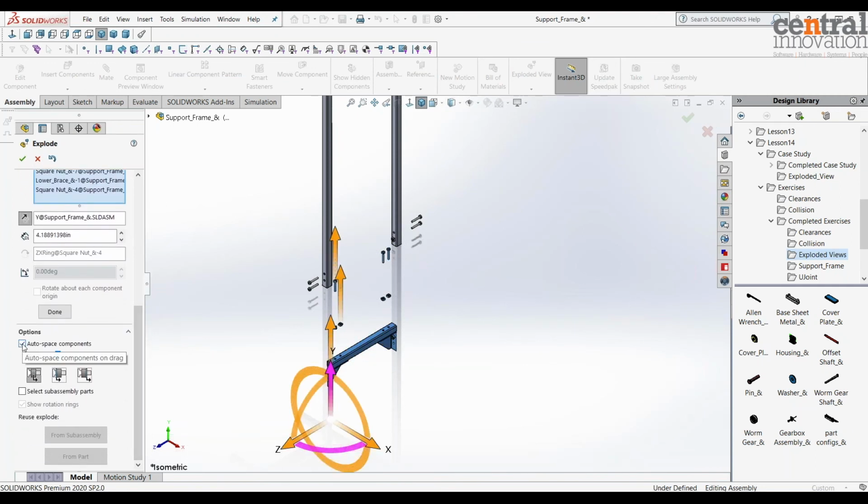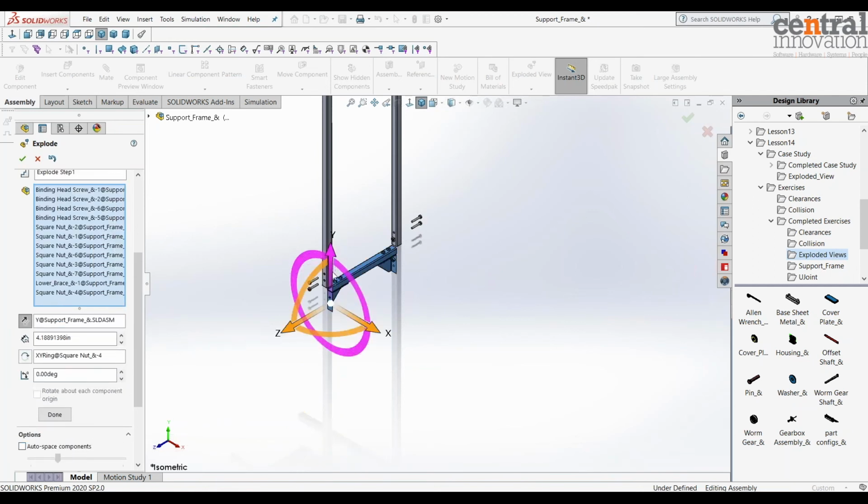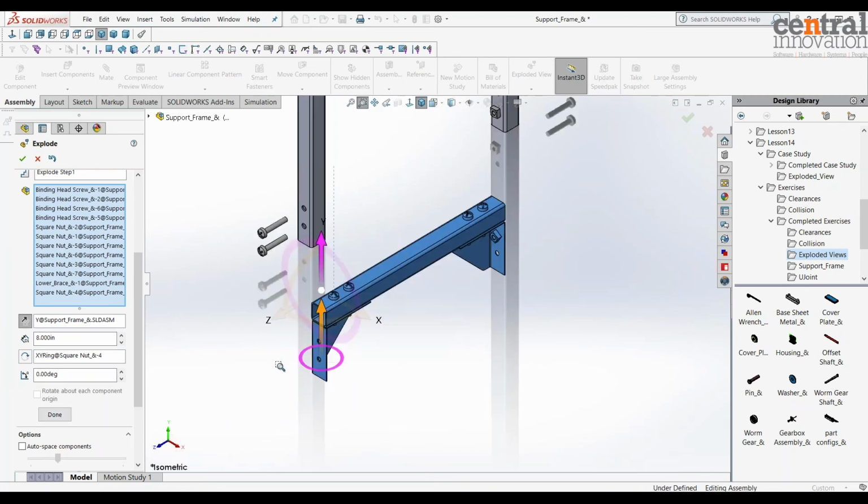I don't want that, so eight inch. That should be fine. First, I will move all the related parts and assembly down, and then it will be